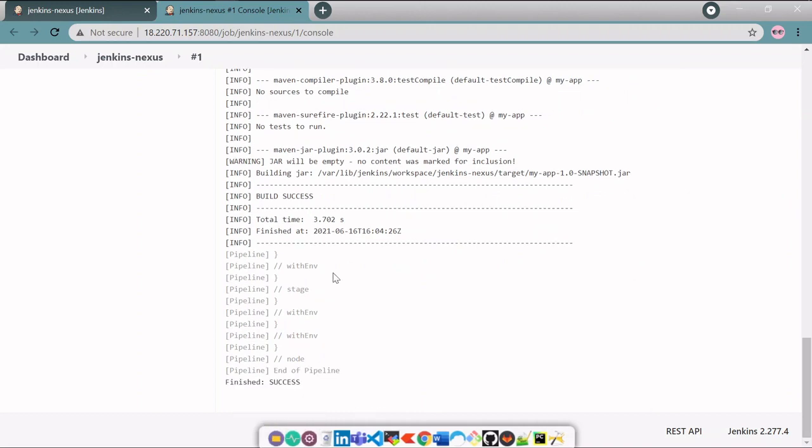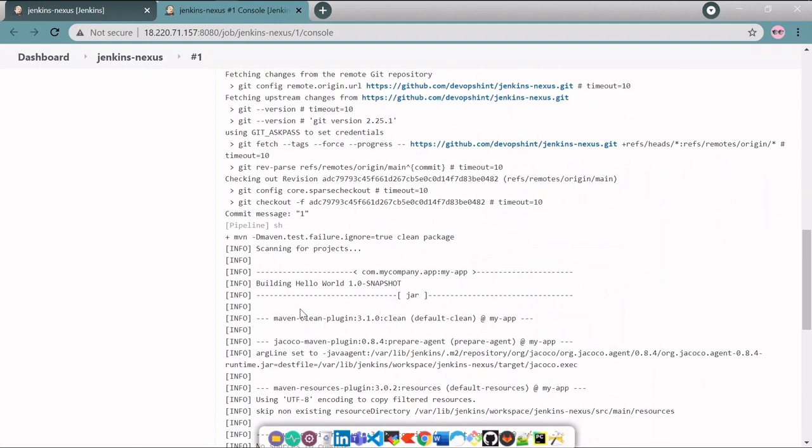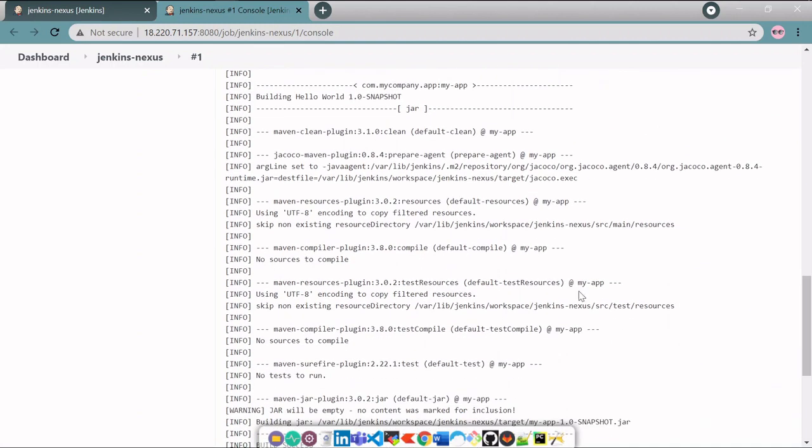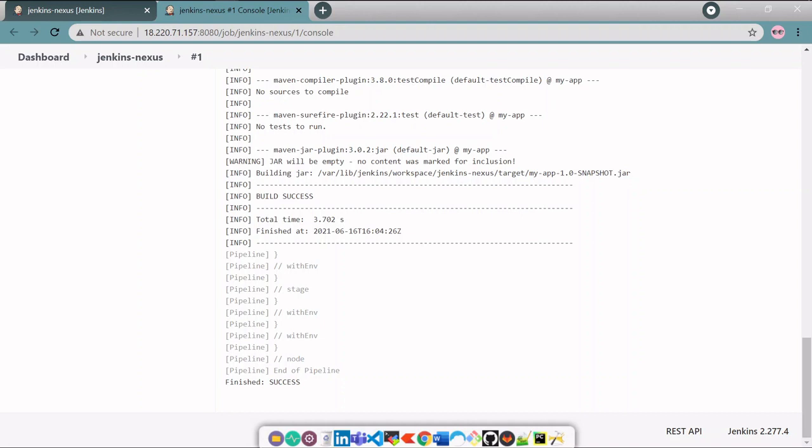So you can see build success. Okay, we have built a jar file in our workspace. Jenkins Nexus in target my-app 1.0 snapshot.jar.